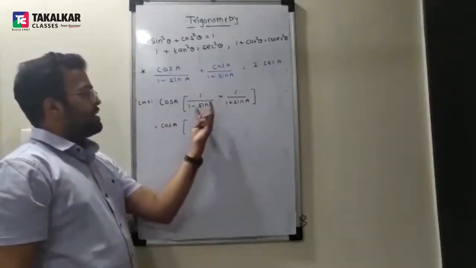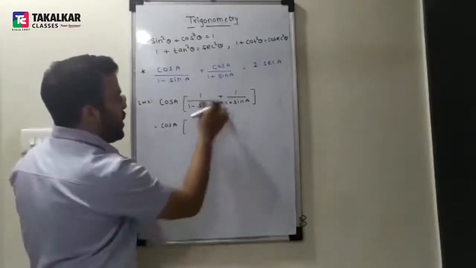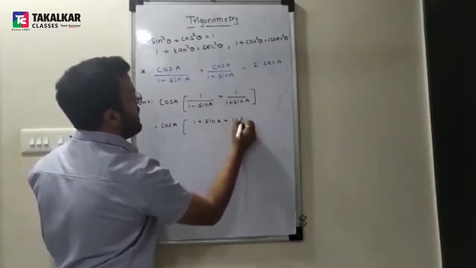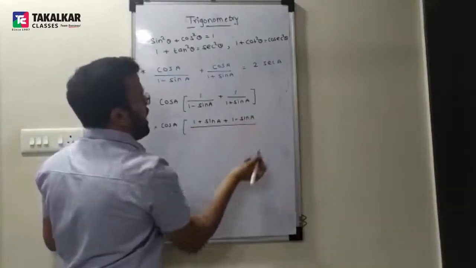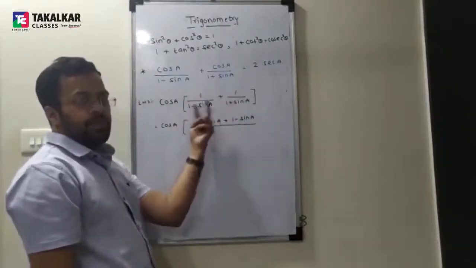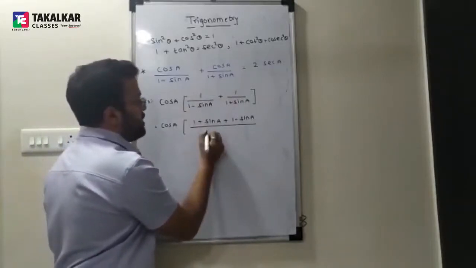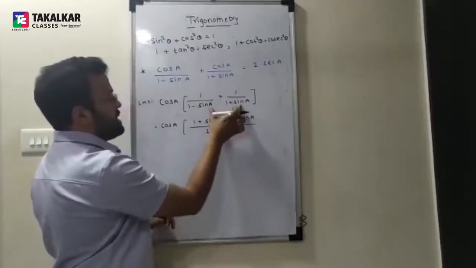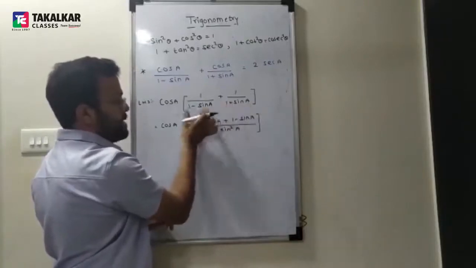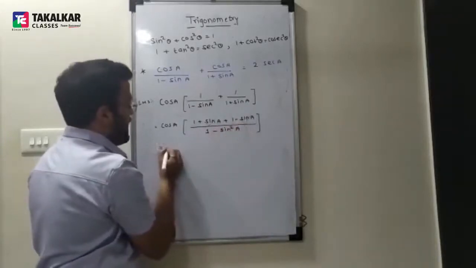What you will do? Add करना है, but denominator is not same. अभी तो पता है आपको. What you have to do? Cross multiplication. So 1 into this will give me 1 plus sin A plus 1 into this will give me 1 minus sin A upon this into this, but this is in the form of A plus B, A minus B. किसका expansion है? A square minus B square. What is the value of A here? 1. 1 square is 1 minus sine square. B is sin, so this is sine square A. Getting this? A plus B, A minus B, A square minus B square. Plus sin A minus sin A will get cancelled.